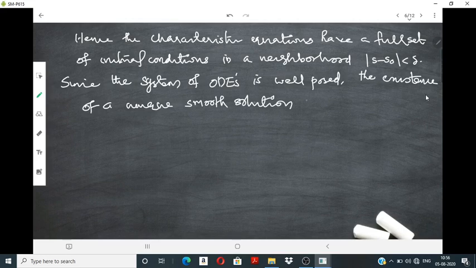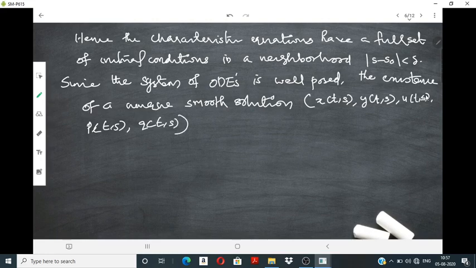Smooth solution. From the first equation we get an expression for x of t,s, from the second equation we get y of t,s, from the third we get u of t,s, from the fourth we get p of t,s, and from the fifth and last equation we get an expression for q of t,s. And we know that this is a unique solution because